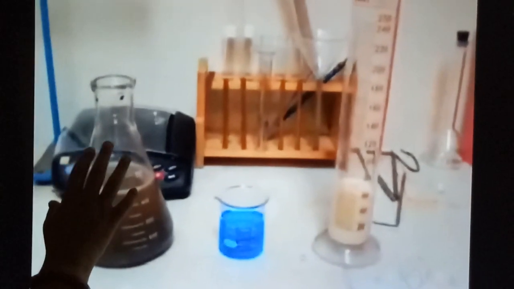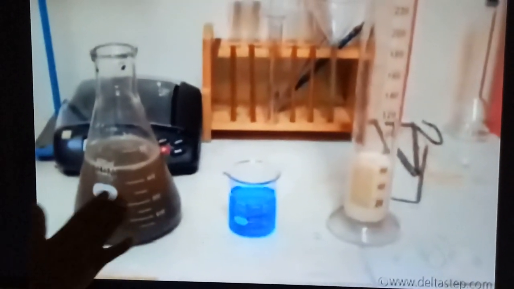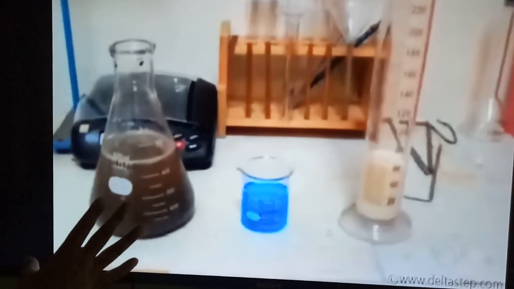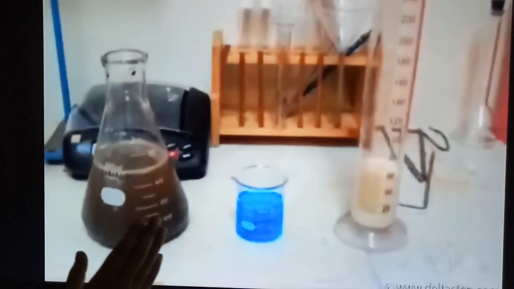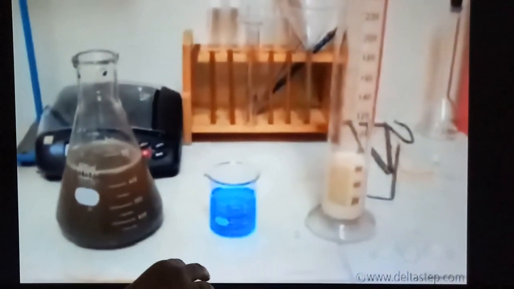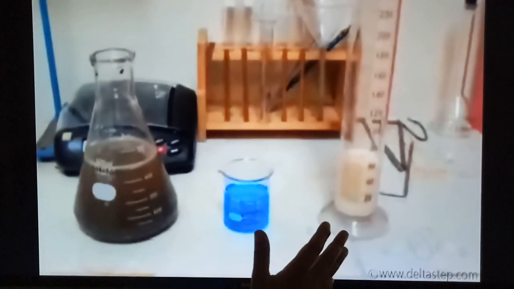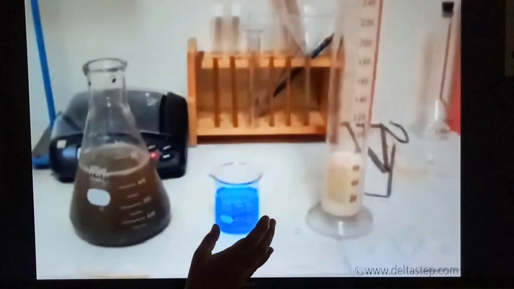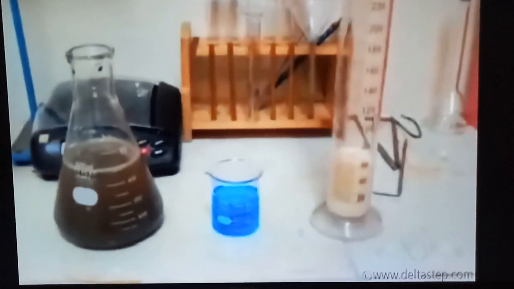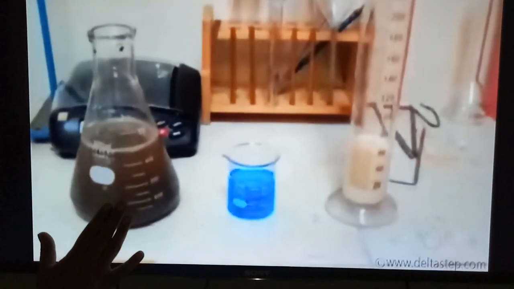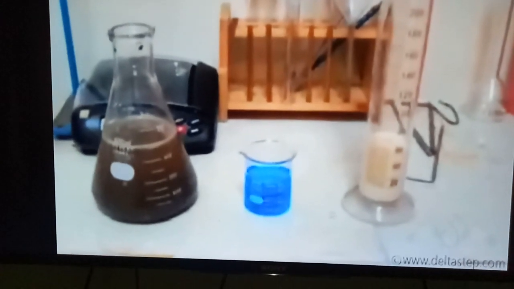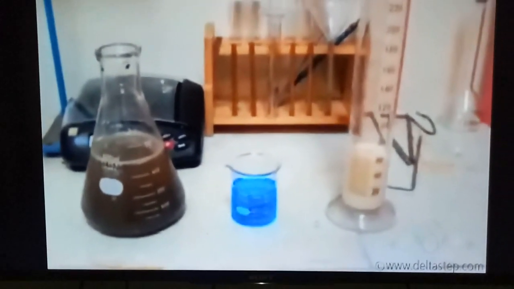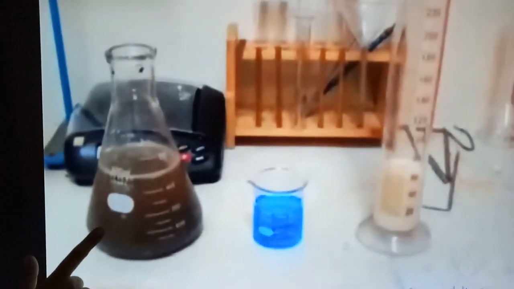Now here you can see, as I told you, this was the sand and water. Which type of solution is it among these three? Here this was copper sulfate, a blue vitriol, which is added in water. When we filter all three solutions, we have seen that the aqueous solution of copper sulfate and the milk filtered out through the filter paper, whereas the sand particles were easily separated. You can see the sand particles remain on the filter paper. So clearly you can understand that the sand and water is which type of solution? Suspended solution.